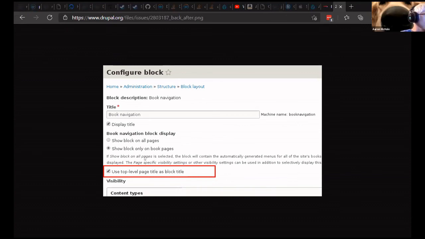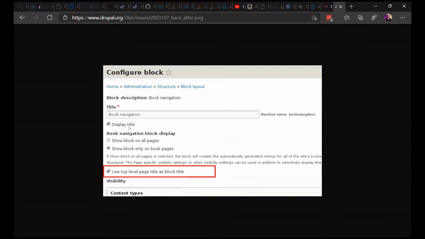And so I think it being down here probably doesn't help. It possibly should be, at the very least, underneath the display title checkbox. That would actually solve both problems, because by grouping it with the title, it's very clear. If you say use book title as title, and it's under display title and in that title domain, it's very clear that it's all part of the same thing,